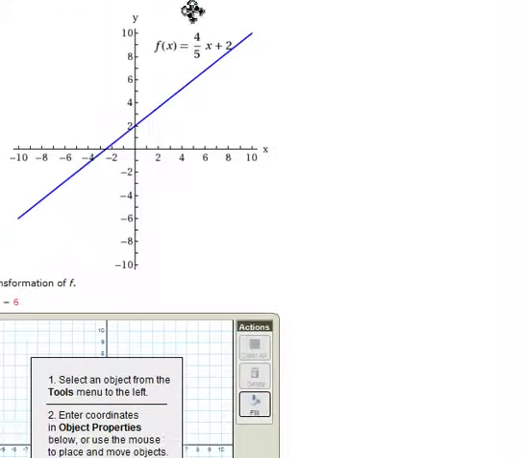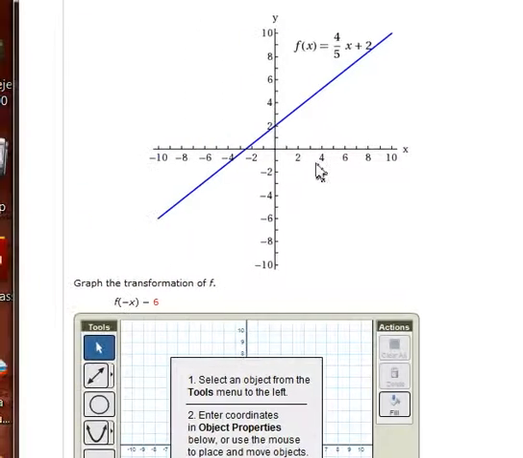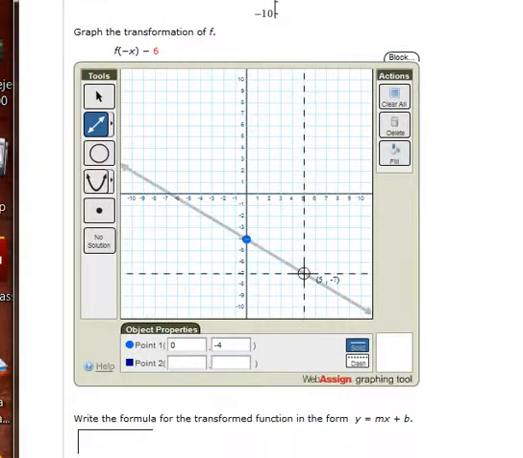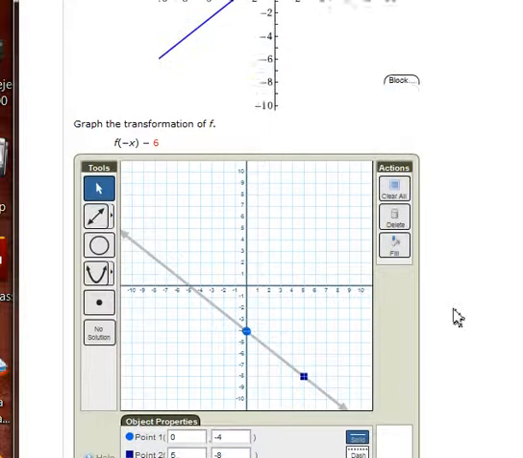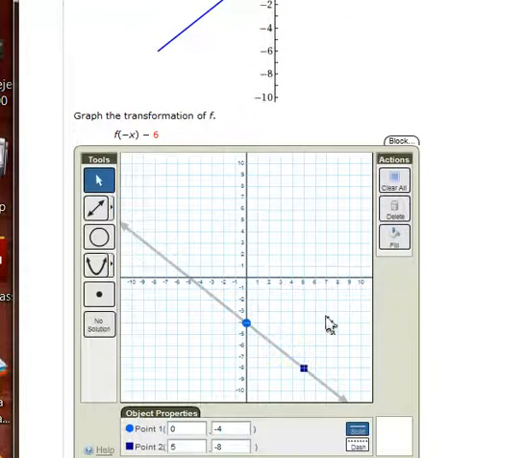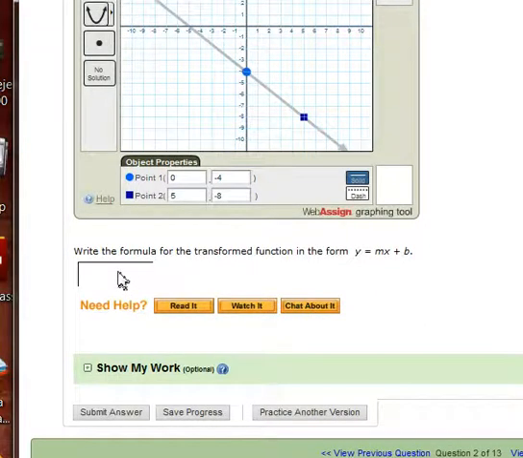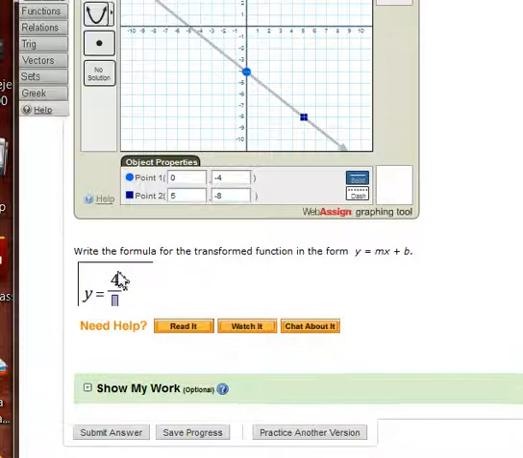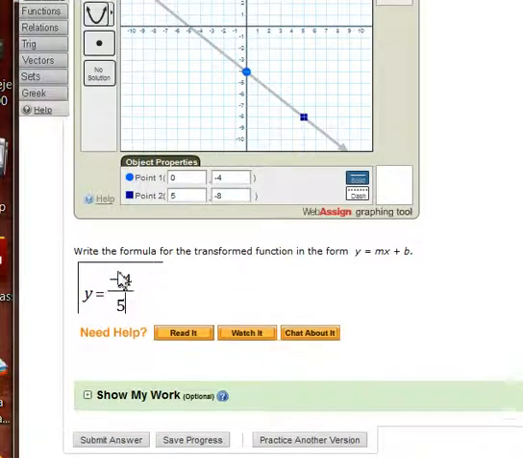Okay, so come back over to WebAssign. And I'm running out of time. So it was 0 and negative 4, and then 5 and negative 8. So if I move it up, you can see that it's flipped and it has been moved down. And I can type in the equation. Y equals, oops, I forgot that negative. Negative 4 divided by 5. And if I move it over with the X arrow key, x minus